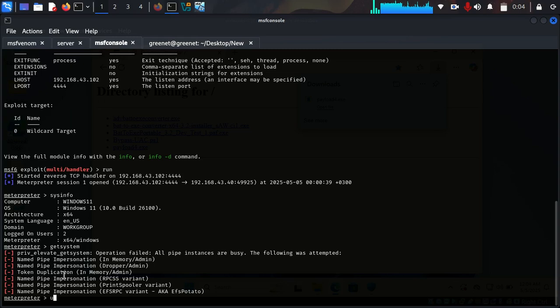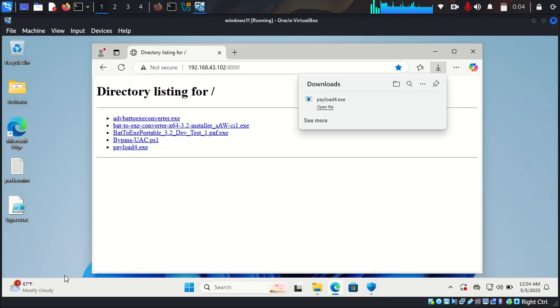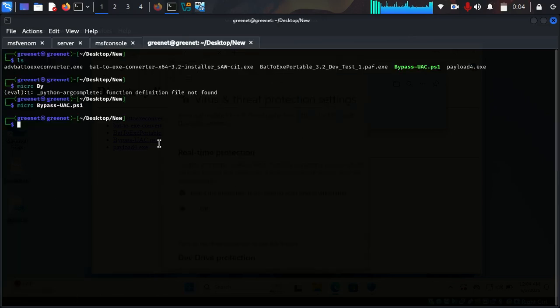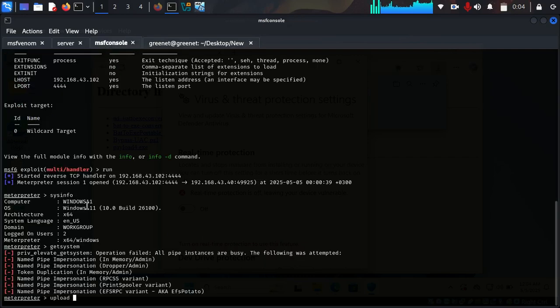I'm going to come back to my Meterpreter and say upload. What do I need to upload? This is going to be the bypass UAC script. So I can come back here and copy this location with Ctrl+Shift+C. Now if you know the path where your program is, I can just say /home/Greenet, then /Desktop,